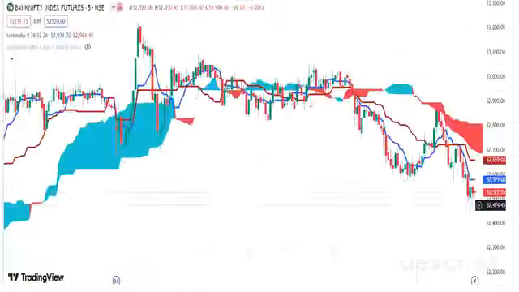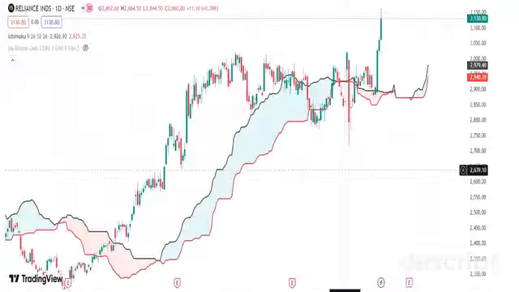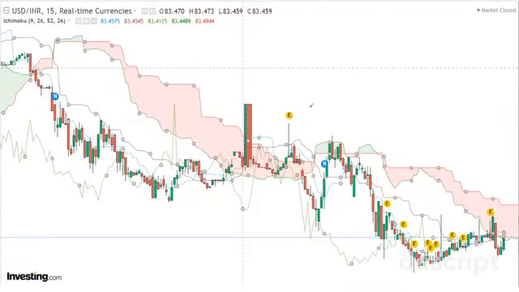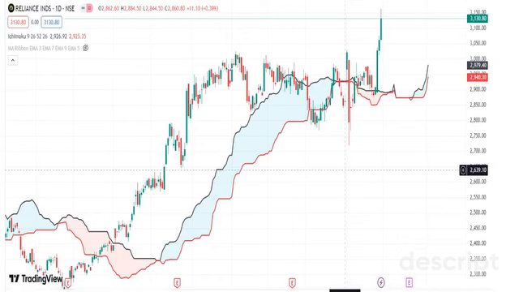The first thing is that this can be used in any time frame. It can be used in 15 minutes or on the higher time frames also. See, with the naked eye, you can see that we can make money in USD and INR, right? Number one, it can give a potential trend breakout. If you see Reliance, it gives a trend breakout from here. Lovely breakout. Now you will say, what is the trend breakout? What are these blue lines and the so-called red lines? I'll take you to it. Believe me, guys, the blue line and red line are much easier than your MACD and RSI.